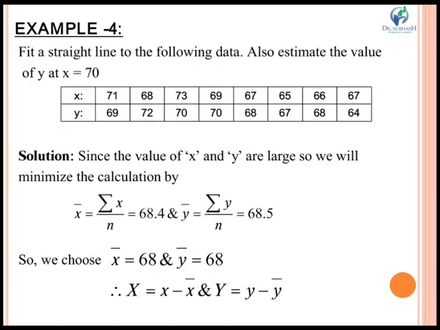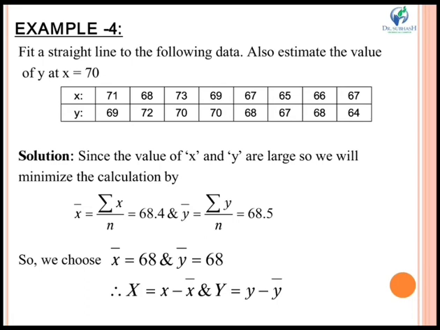So students, these were the examples which we have solved. So what is the procedure? Let me repeat it once, and then we will move towards our next example. We are given a straight line y equal to a plus bx or y equal to x plus b. x and y values will be given to us. The number of values in our table is equal to n. I will write the normal equations according to our given straight line, and I will find all the required values from the normal equations, like x square, xy.